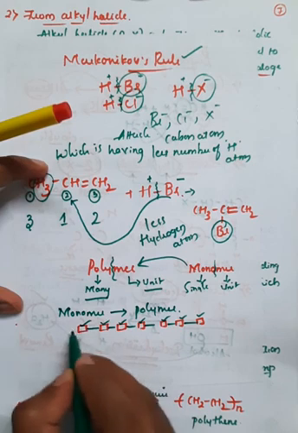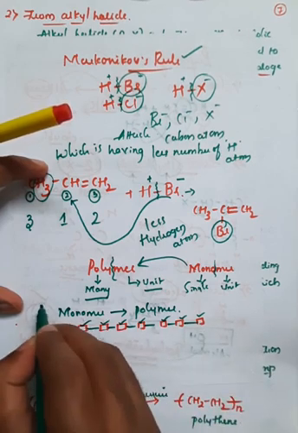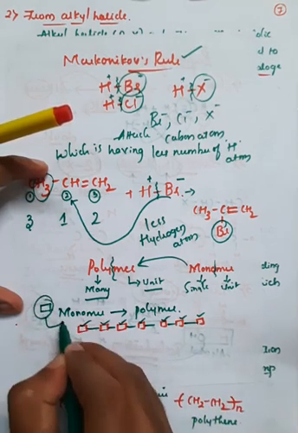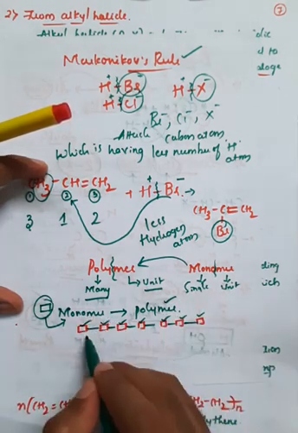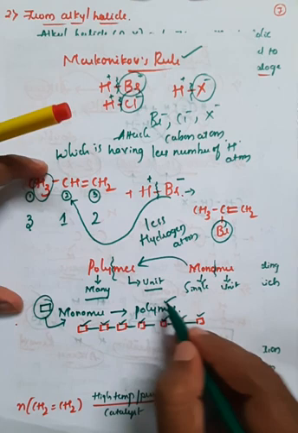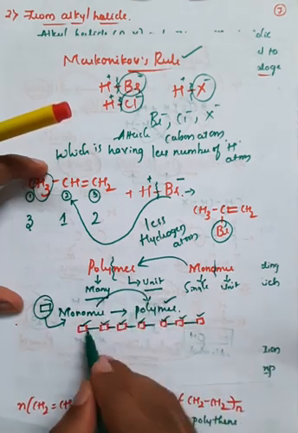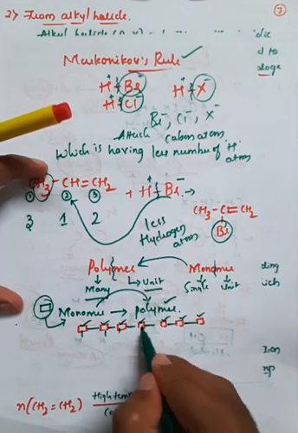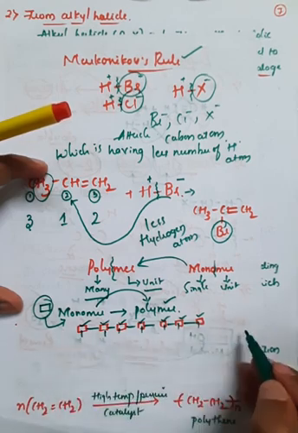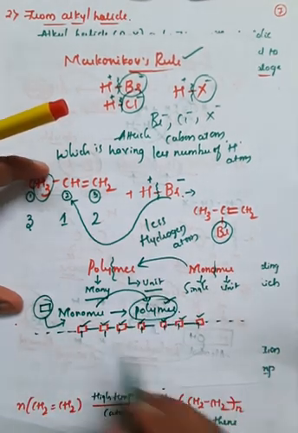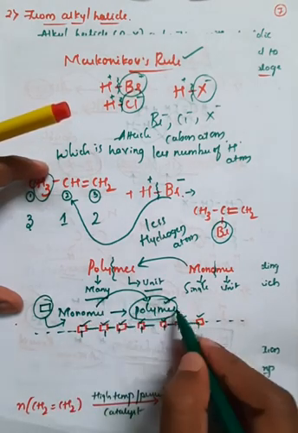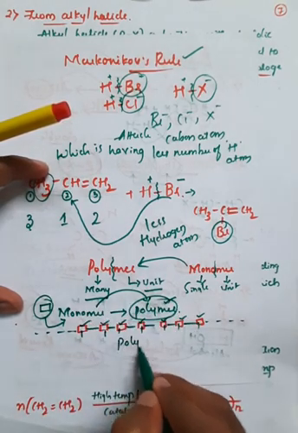So if you take only one bead out of all these beads, this one bead behaves as a monomer, and this chain behaves as a polymer, which means continuous addition of monomer will convert into polymer. If you go on adding all the monomer units continuously like this in both directions, it will convert into polymer. So the process of conversion of monomer into polymer is called polymerization.